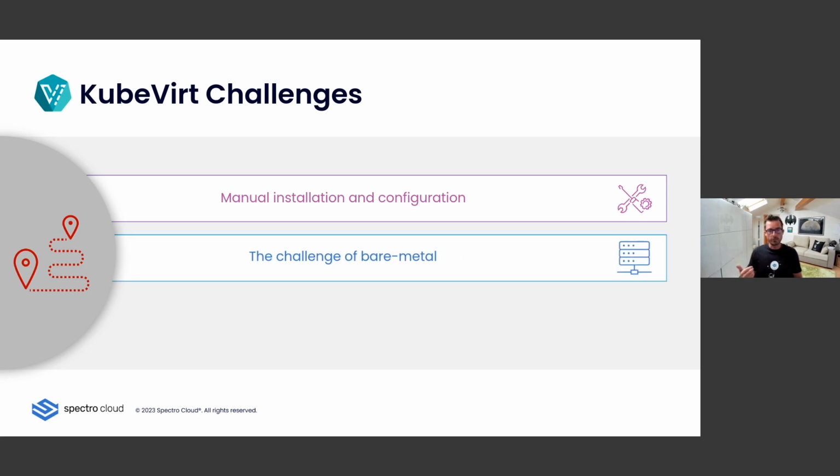The other one is the challenge of bare metal. Although it's technically possible to run KubeVirt on top of cloud-native instances or on top of other VMs, it's called software emulation. It has a cost in terms of performance. So it really makes a lot of sense to run KubeVirt on top of a bare metal Kubernetes cluster. And that traditionally has not been easy. Standing up a bare metal server or a fleet of bare metal servers, deploying the OS, configuring the OS, deploying Kubernetes and managing Kubernetes on top of it, and then adding KubeVirt on top of it. So this can be challenging.